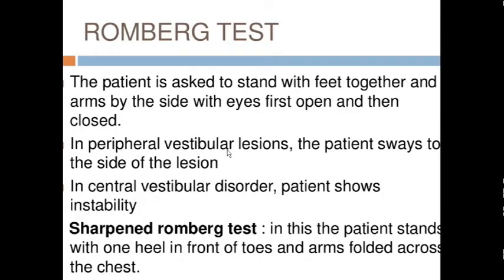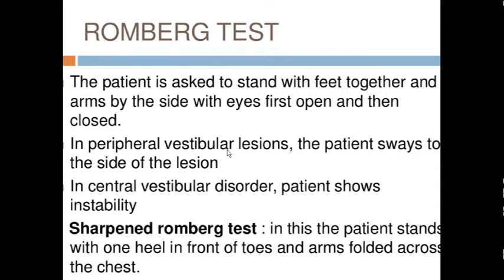Romberg's test. Here the patient is asked to stand with feet together, arms by the side, with eyes first open and then closed. I am sure you all know how to do a Romberg's test. Basically, what is the balance apparatus of our body? Our balance apparatus comprises three things. Correct? One is visual, one is the vestibular system, and third is proprioception. All the three things together contribute to balance. So the balance apparatus of our body is determined by three things. What did I tell? Visual, vestibular apparatus and